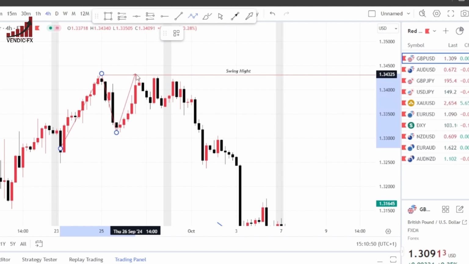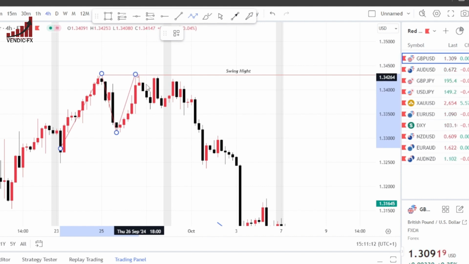Equal highs means the price bouncing off a particular point more than once. It gets there, reverses, creates a high, and has a retracement. It creates a high here and has a retracement. The next pullback is supposed to be above the previous high to create a new range, but the market